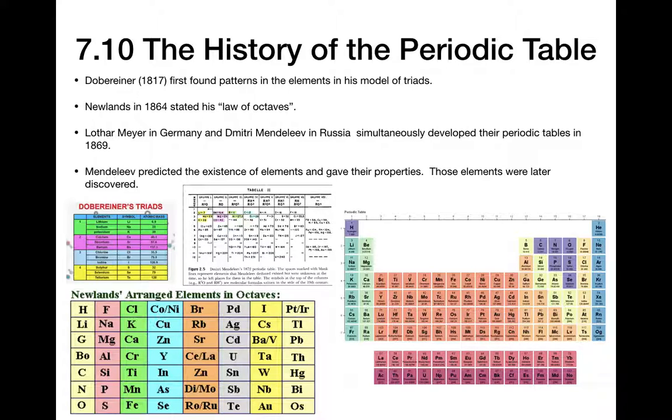And then a few decades later, when those were discovered, they were found to fit perfectly with the predictions that he gave them. And so that helped to prove his periodic law, or his idea of a periodic table, was in fact correct. So today we have a periodic table that has a lot of incredible value as a tool